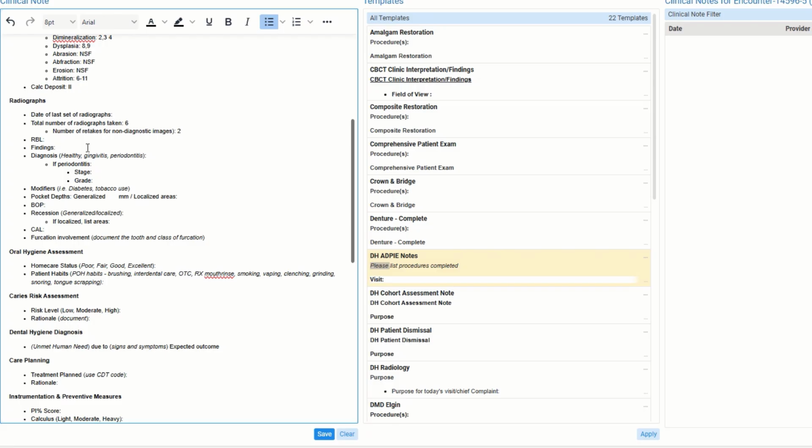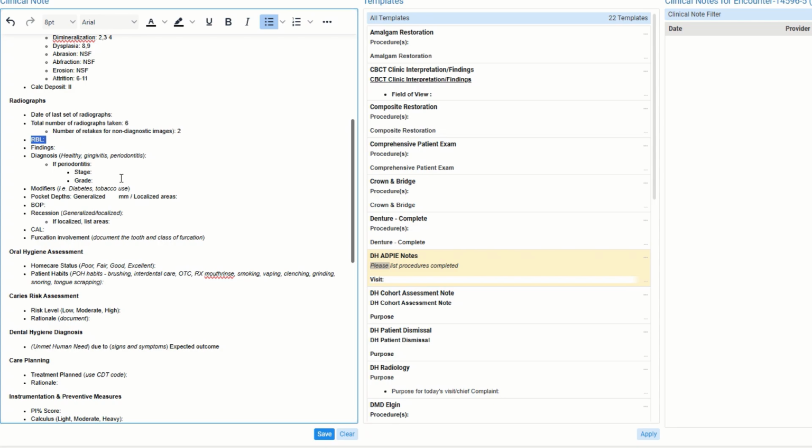Then we're going to diagnose, is this patient healthy, gingivitis, or periodontitis? Now, we already know that we are going to be grading and staging if there's radiographic bone loss, but we still don't know if the patient is considered periodontally involved or not, right? Because we have to still do our probing. And so we know that bone loss can happen from grinding and clenching. It can happen from orthodontic therapy, and it can also happen from just age,